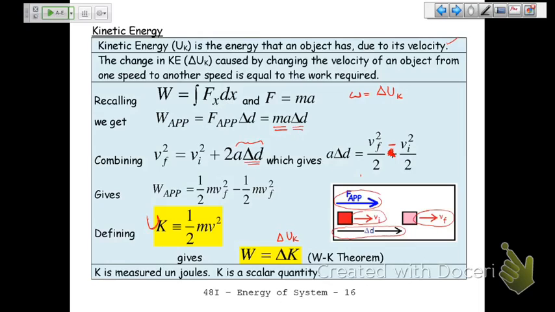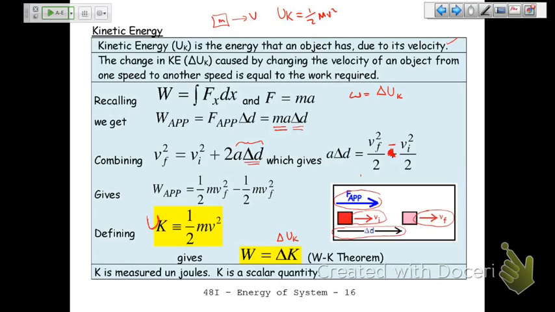I don't want to set the cat among the pigeons, but I want to forewarn you a little bit. So I have an object, and it's got a mass and a certain velocity. So its kinetic energy, UK, if you like, is equal to 1/2 mv squared. And there's a bit of a problem with that. It's a bit subtle, but I want you to see it because it's going to bite us a little bit later. And that is that